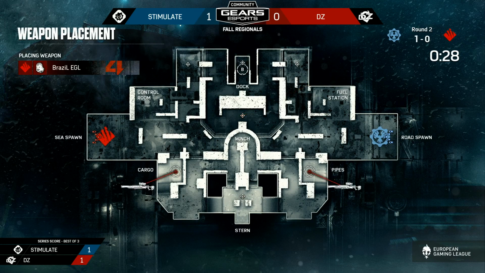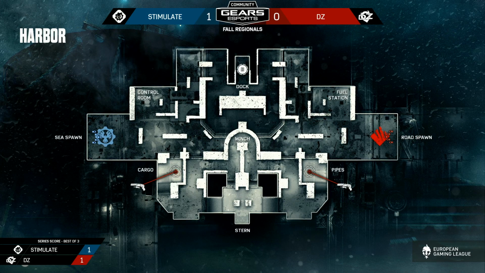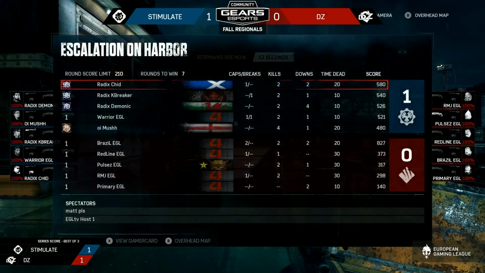Sometimes I noticed that they stayed a couple of times much longer than they should have, and they got themselves killed, and they could have caused a lot more pressure if DZ were able to capitalize, which luckily enough for Stimulate they weren't able to. I just want to touch on what